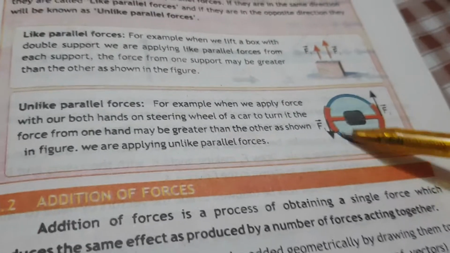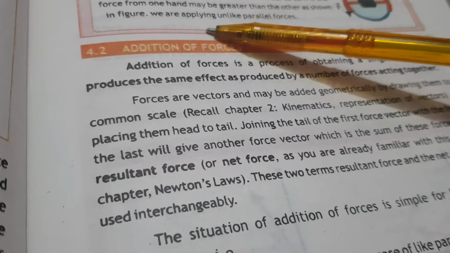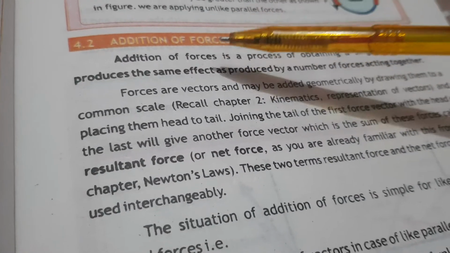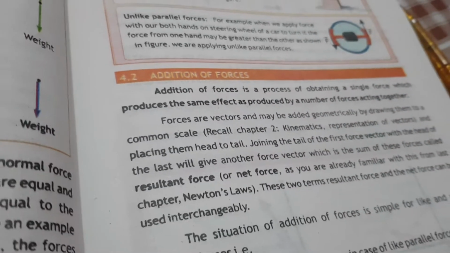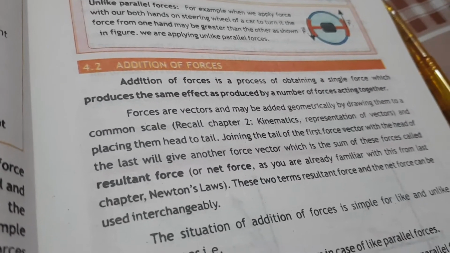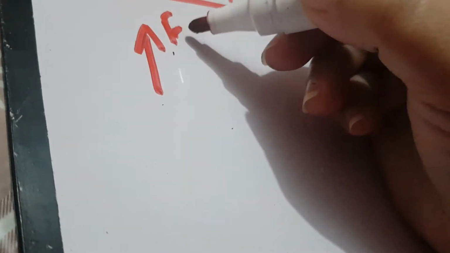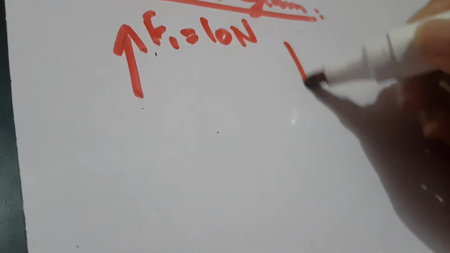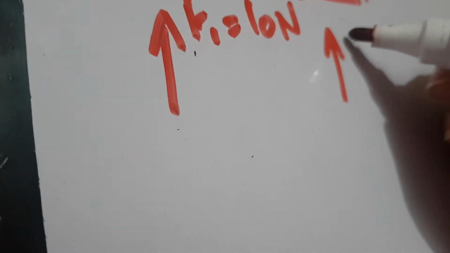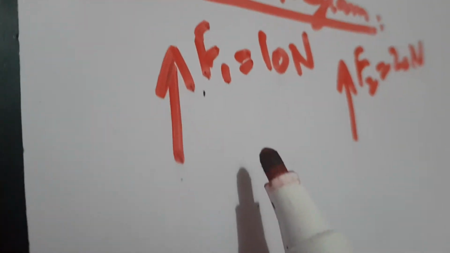So we can also add these kinds of forces. We should know certain rules for the addition of forces. Actually, before the addition of forces, we should know how we can add them, and what the advantage of adding the force is. For example, if this one force is F1 and its magnitude is say 10 newtons, and this another force is F2 and its magnitude is say 20 newtons, then these two forces are parallel forces.